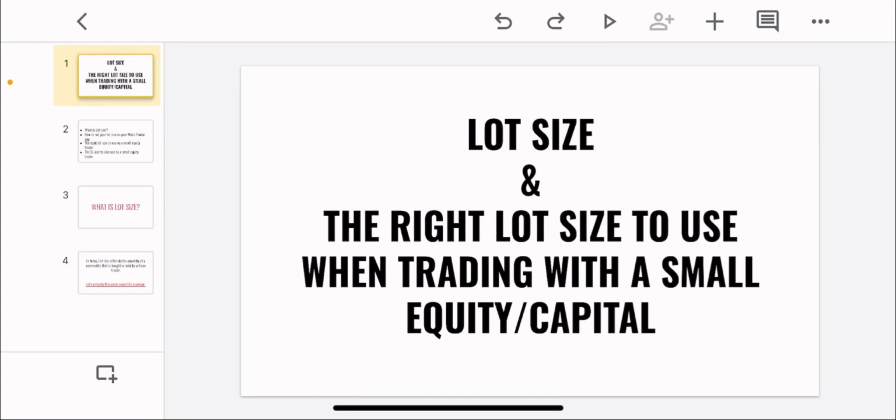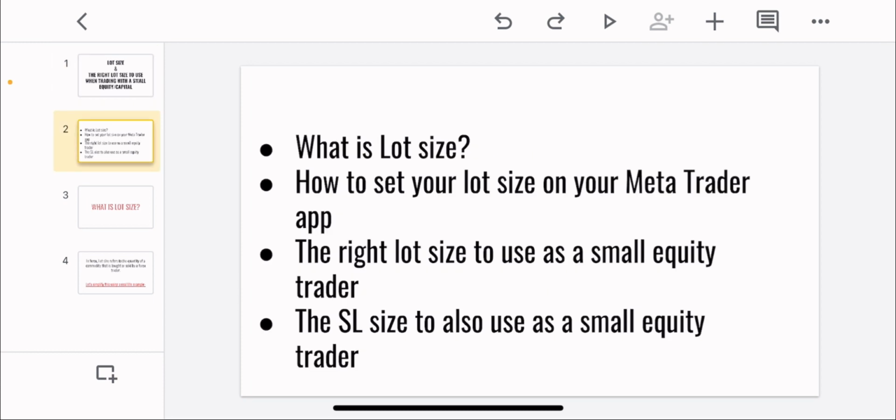And in this video, we're going to be talking about lot size and the right lot size to use when trading with a small equity or capital. We're going to be discussing what lot size is, how to set your lot size on your MetaTrader app, the right lot size to use as a small equity trader, and then the SL size to also use as a small equity trader. So we're going to start with the very first topic we have here, which is